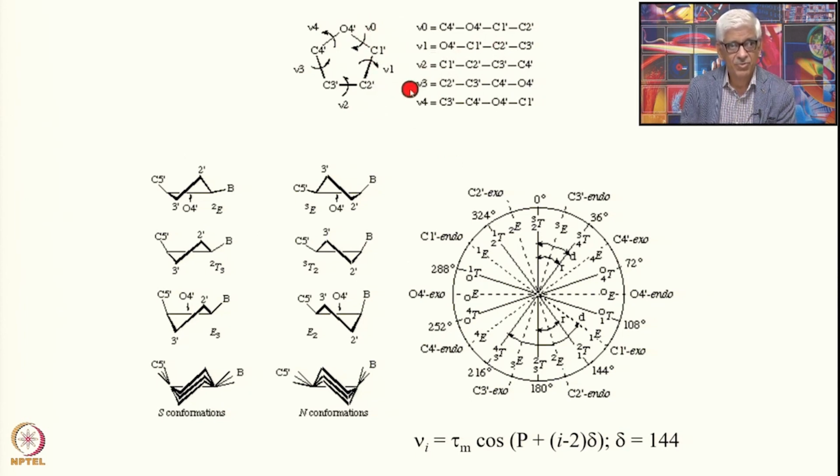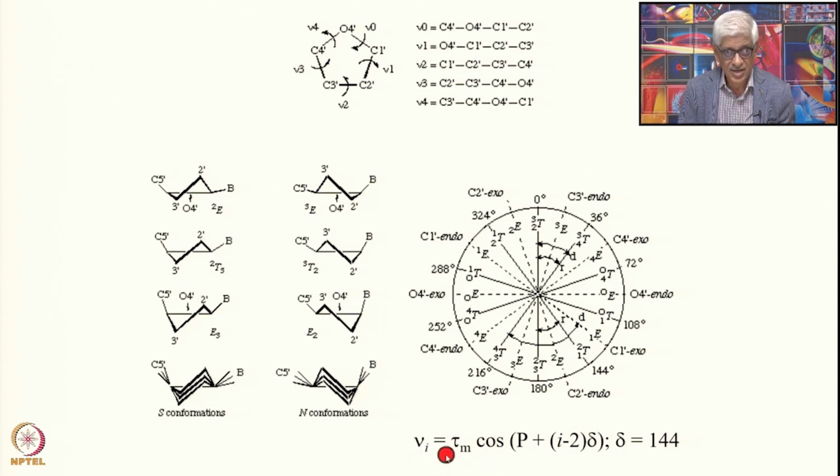In a typical case you have 4 bonds and 3 bond angles, and 2 torsion angles. Typically 2 torsion angles are sufficient to describe this, but once you have the ring closure, you actually have only 1 torsion degree of freedom left, and that is what is indicated in this picture here. All these torsion angles are related in a particular manner, and the 1 degree of freedom which is there is called P. When one defines this P, this is called the pseudo rotation angle. Depending upon the value of the pseudo rotation angle, you have different kinds of